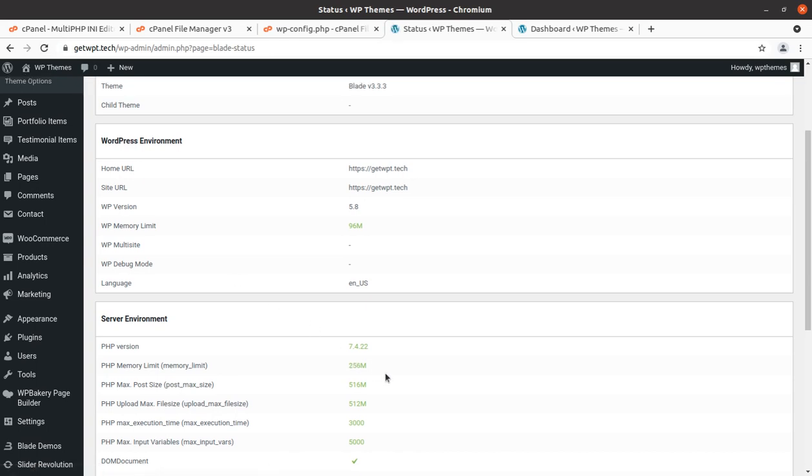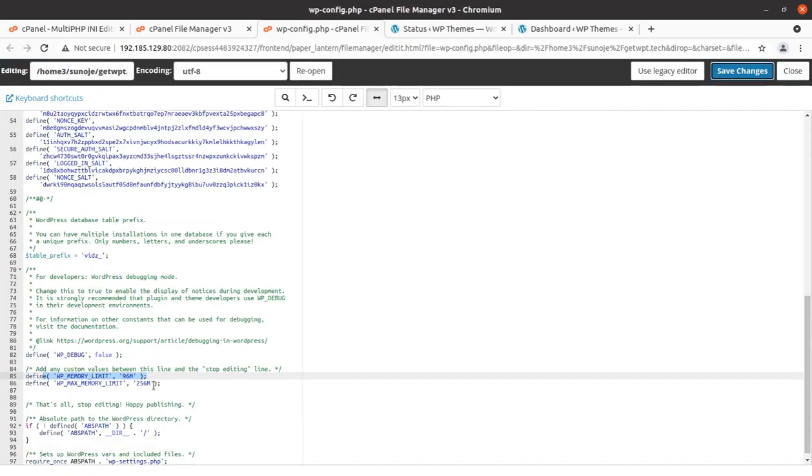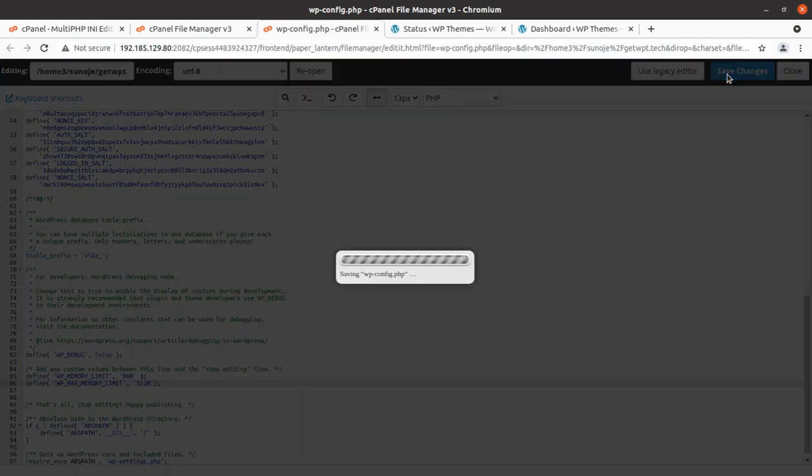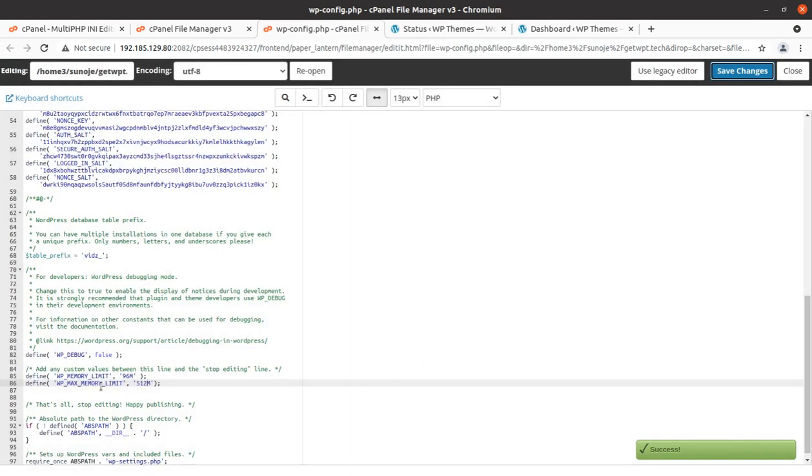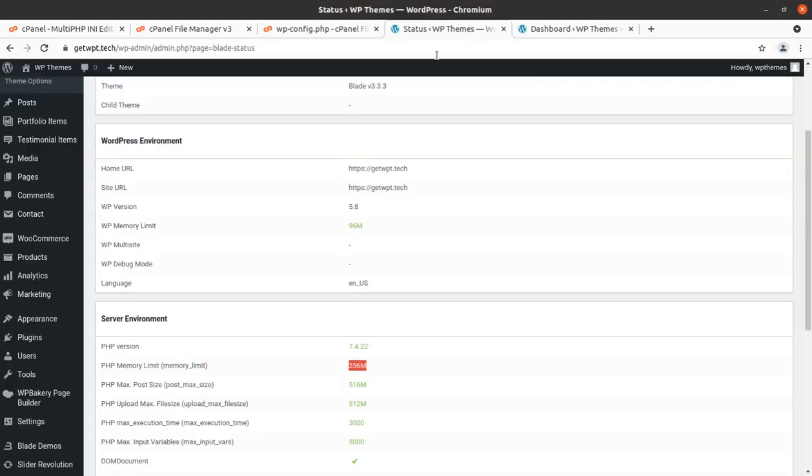It is now 256 here, and now I will change it to 512 from here. Just to check whether it works, I'm saving the change. WP max memory limit is set to 512, and let us refresh the page.